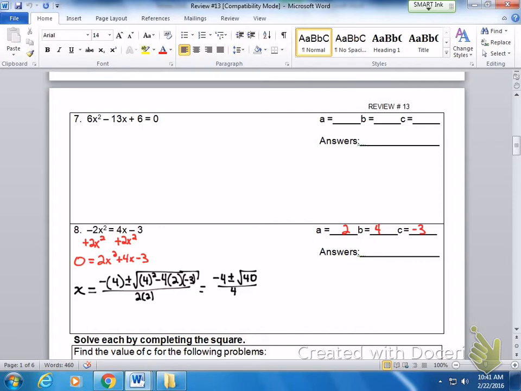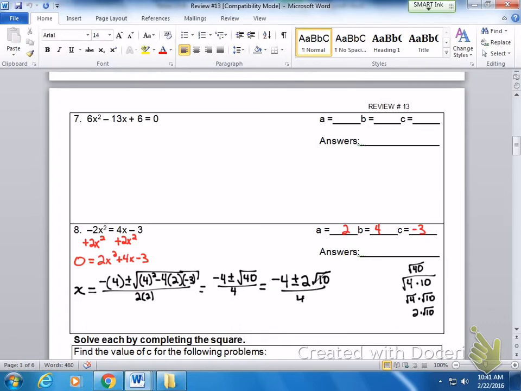Now, I'm not going to kill you much if you don't simplify correctly, but I think this one is a good one to simplify. So I'm going to come over here and take my square root of 40, and I need to divide it by perfect squares. The first one would be 4. Well, 4 times 10 would work. So I'm changing the square root of 40 to the square root of 4 times 10, which is the same as the square root of 4 times the square root of 10, which is 2 times the square root of 10. So I can replace the square root of 40 with 2 square roots of 10. So now I have negative 4 plus or minus 2 square roots of 10